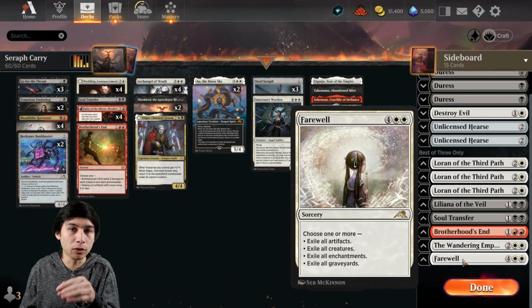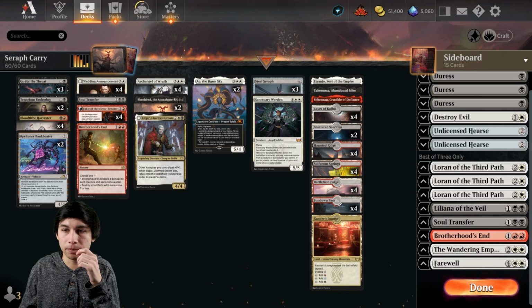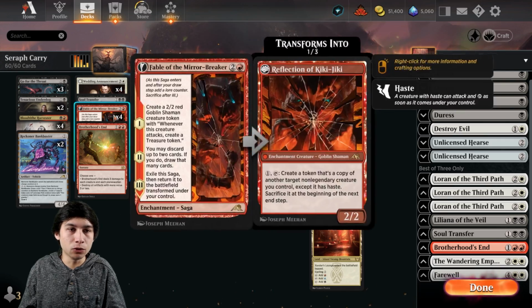So this is mostly against Mono White or the mirror match, for example. This could also matter. It's a little less relevant, but it does matter, I think. Now, another problem with Steel Seraph is that, since I mentioned earlier that you don't really want to play it on 3,